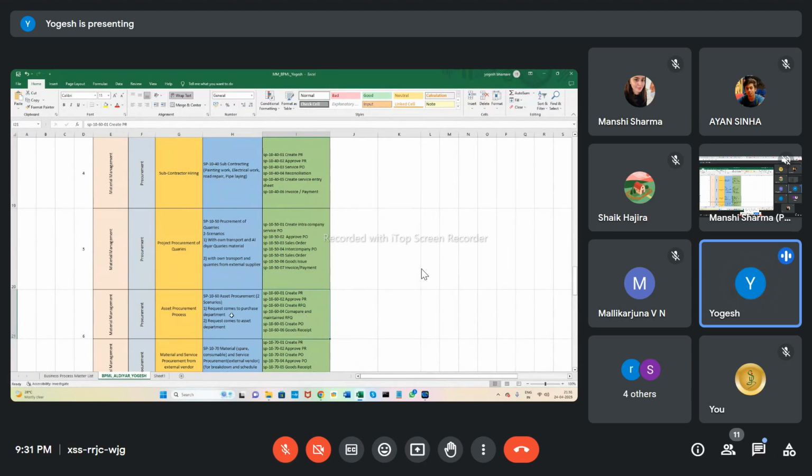So after account assignment, scenario 1 is the request comes to purchase department. So purchase department will receive the PR for asset procurement. PR will be sent for approval. Then RFQ will be created and sent to the approved vendors. Then again comparison and maintaining the RFQ is done from the SAP side or from the purchasing department. And once the vendor is fixed, quotation will be sent to the asset department